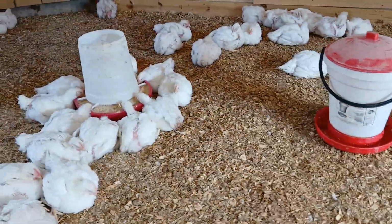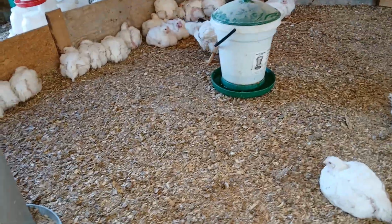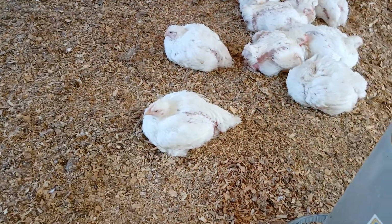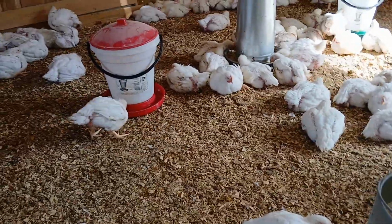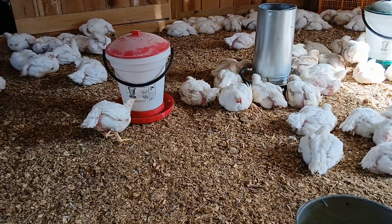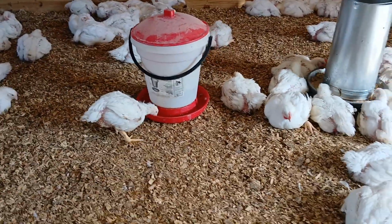So as I said, that's what we're looking at and evaluating and gauging as we're raising these birds. We're saying, okay, are we getting to the place where, when we have these birds butchered and processed, we're going to have about a 4.5 pound bird in the freezer if we left them as whole birds? And this flock is right on track. One of the ways we do that is we have a target feed consumption rate that we figure on 10 pounds of feed per average